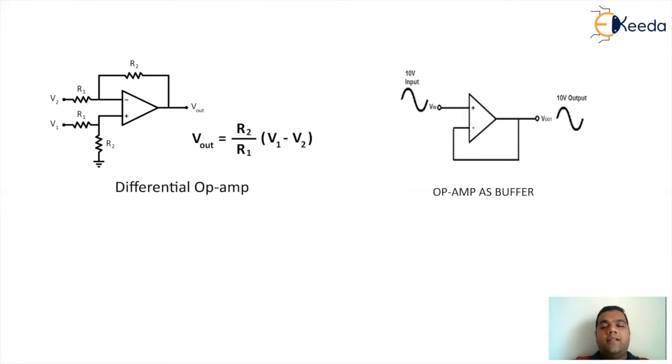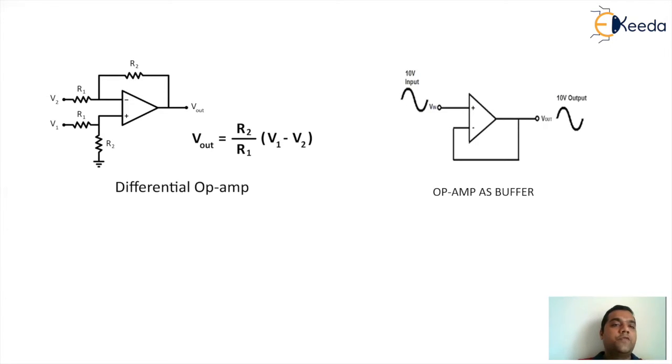Now, the next is basically a difference amplifier or a differential amplifier. It is also called an instrumentation amplifier using a single op amp. So here we have two inputs, V1 and V2. They are connected to the op amp under a feedback logic. The balancing effect happens with respect to two R1 resistances and two R2 resistances. The output measured under this situation will give you the value R2 by R1 into V1 minus V2.